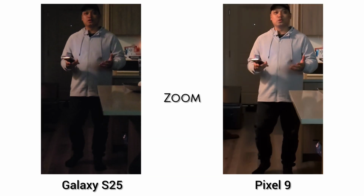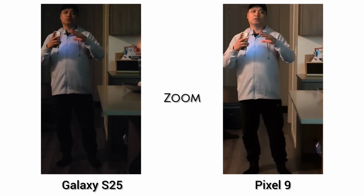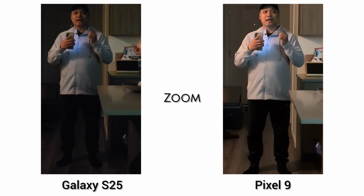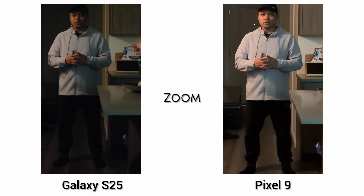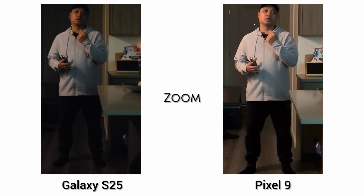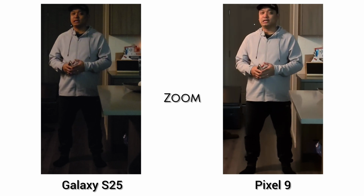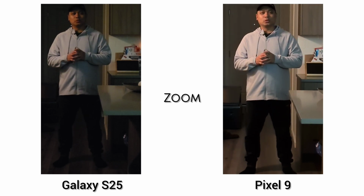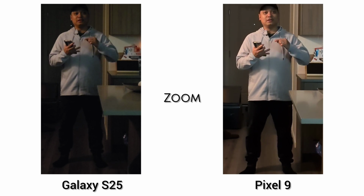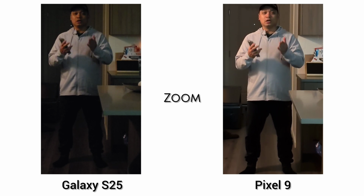And lastly, we're doing the zoom on both phones. 3x optical zoom on Samsung Galaxy S25, 10 megapixel, while we're doing digital crop on Pixel 9. Also in this low light video recording, we're using an external microphone for you to hear my voice clearly. We're also using the light for the zoom so you can see my face. So in terms of low light performance from the selfie, main sensor, ultra wide, and zoom, which phone do you